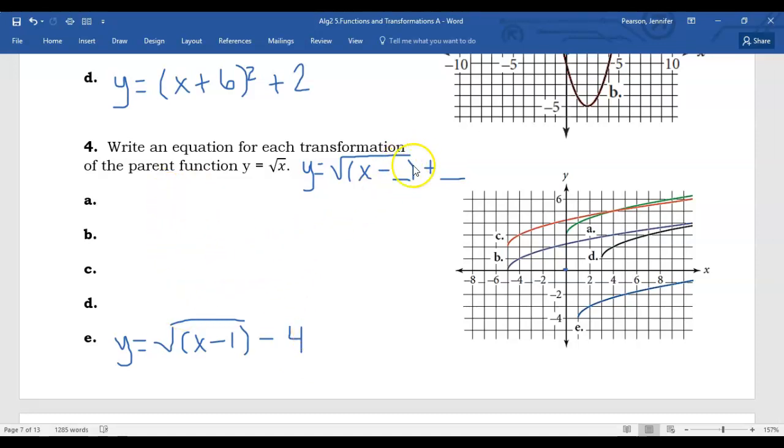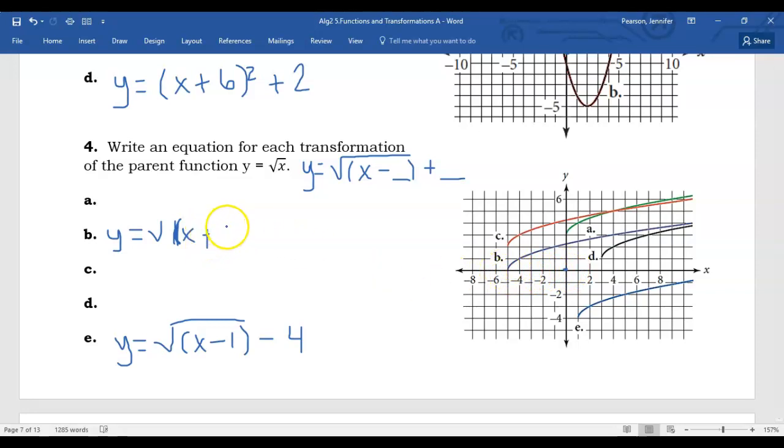You might have zeros in some of these spaces. If it doesn't have any movement sideways or movement vertically, that's okay to throw in a 0, or if you want to, you can totally just leave off anywhere where there's a 0. You can straight up close the parentheses or straight up end it. Maybe I'll do one of those to tell you what I mean. Letter B. So letter B is y equals square root of x, that's supposed to be a parentheses, but letter B moved 5 units to the left, so I'm going to put a